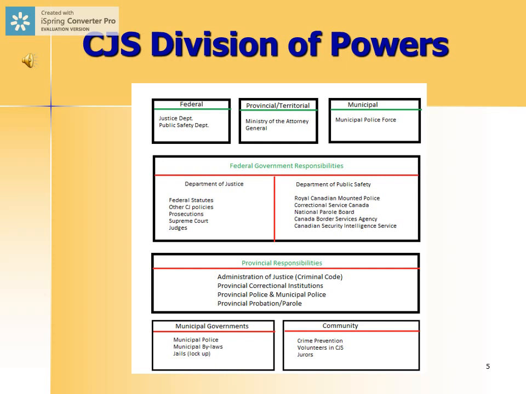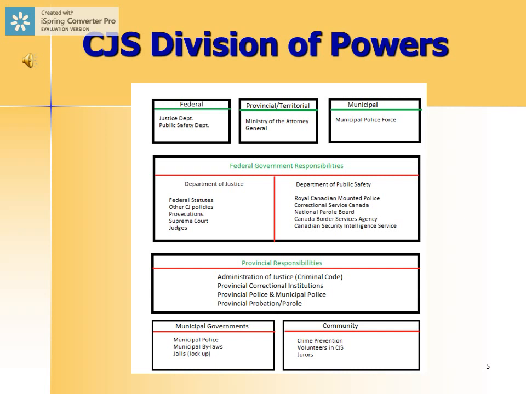Now, while the provincial government has been given constitutional authority to administer the criminal justice system in Canada, the federal government also operates a national police force, which is the RCMP. It does prosecute some federal offenses, including narcotic offenses, customs and excise offenses, and national security offenses. It also appoints some judges and manages some courts. It operates federal correctional institutions for offenders who receive sentences of more than 2 years in length, and it also operates a parole board for federal inmates, mostly in provinces outside of Ontario and Quebec, because those two provinces have their own parole boards.